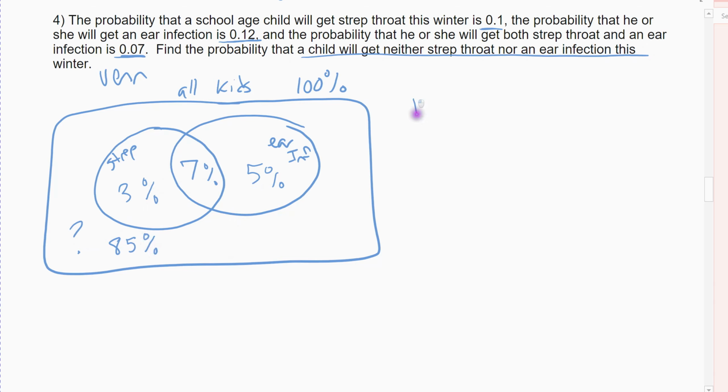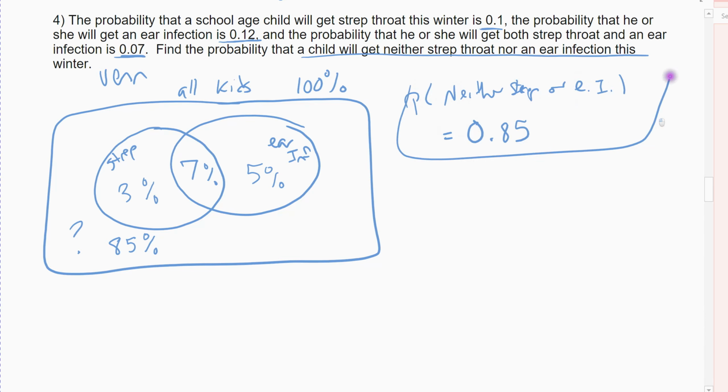And so the answer is probability that they get neither strep or an ear infection is 0.85. That's using the Venn diagram. Now, you could have used the formulas. If you did use the formulas, you'd have to use two formulas. Right? Because I want to know the probability. So suppose I let strep be ST and ear infection be EI. So I want the probability